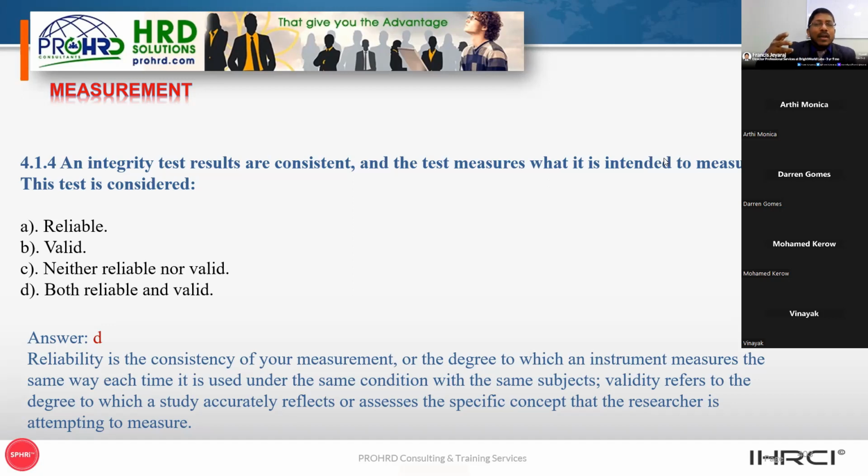For example, you need to carry 23, so if it is showing 25, is it okay or not okay? No need to panic. It is 25 means 23 only, because that machine is faulty, but still it is giving you the same results. Is it reliable or valid? It's reliable, right? Consistent, and it gives you repeated results, even though it's faulty.